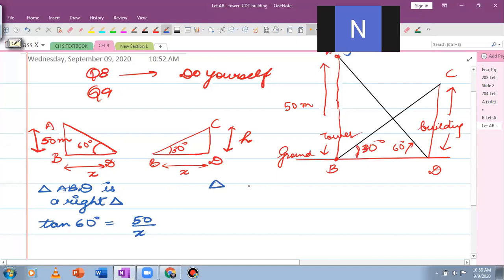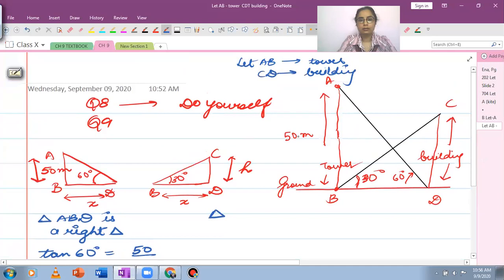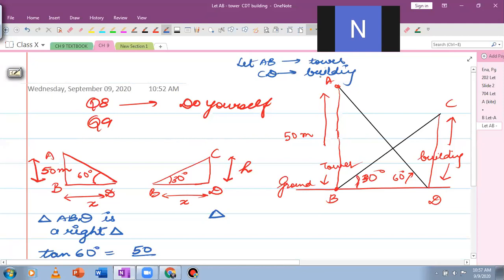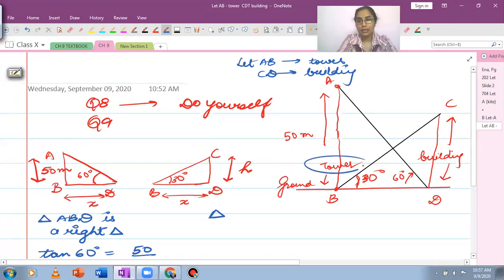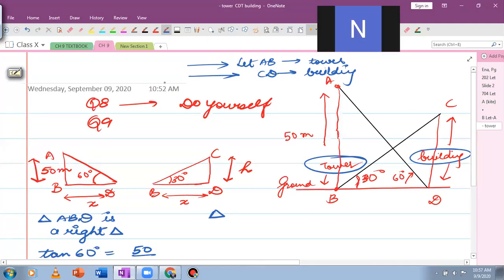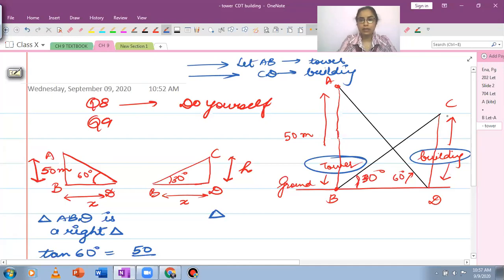Sahaj asks: Ma'am, is it necessary to describe in every question? No, you don't have to go into detail. You can just describe like this. You can just write these two lines about the picture you have drawn. Although I have already written in the diagram that this is the tower and this is the building, if you write these two lines on top, it just looks good that you actually know what you're doing. You don't have to describe that the height is this, the angle is this. That's completely fine by just being there in the diagram. Just write which objects there are.